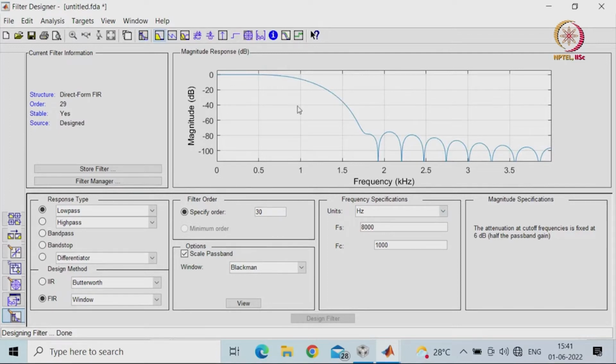I have given the cutoff frequency as 1000 hertz. When I map this to frequencies, it goes from 0 to 4000, so the normalized frequency will be 4 in this case. This is approximately my 1000 hertz, which should give me the 3 dB cutoff. You will see that this cutoff frequency comes down by minus 3 dB, that is equivalent to